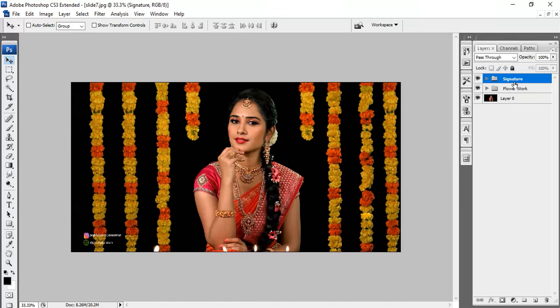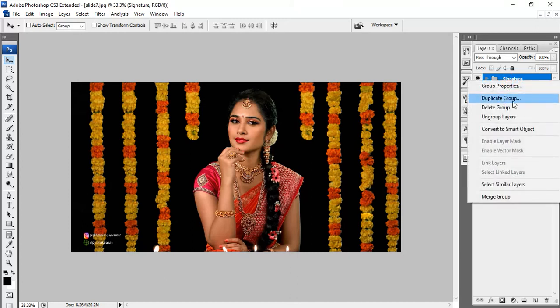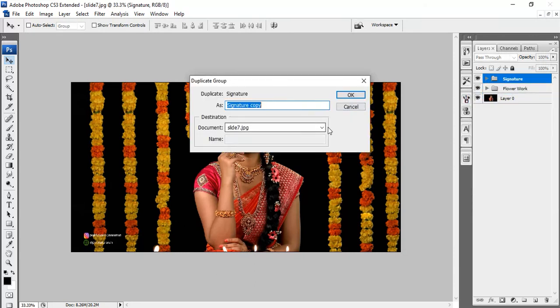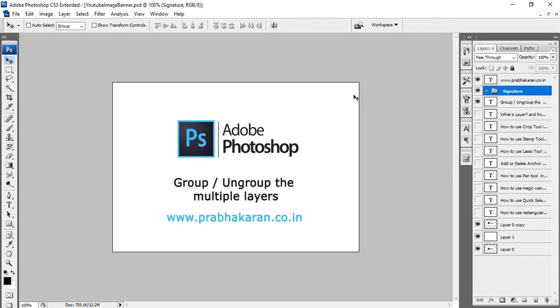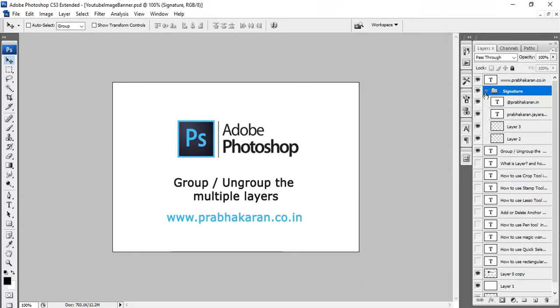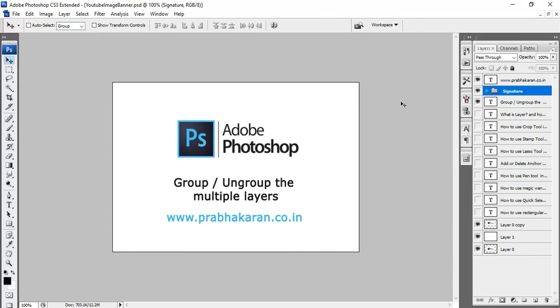See, now I can use this group, this layer, for an upcoming design as well. No need to create it again. How are we going to use it? See, right click, and you can duplicate it. For example, I'm going to duplicate this one. I click Duplicate, and you can choose which document you want to paste it into. I already created certain PSDs. I'm clicking here, click OK. We can go back and see, this is the signature. All the layers available came to our new document. Now we can use this signature.